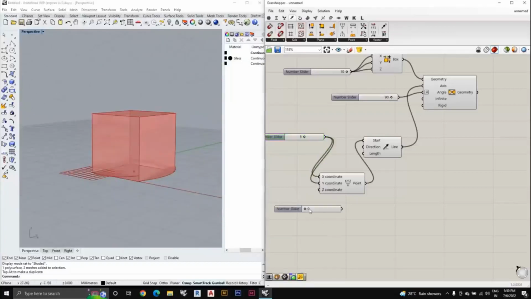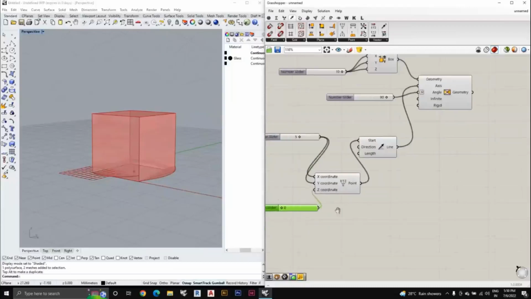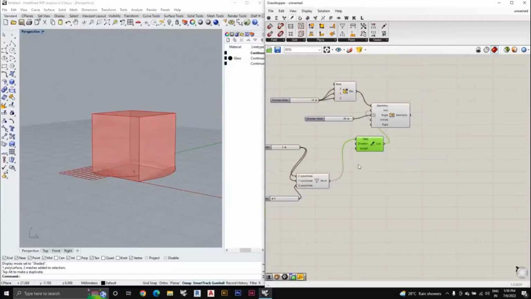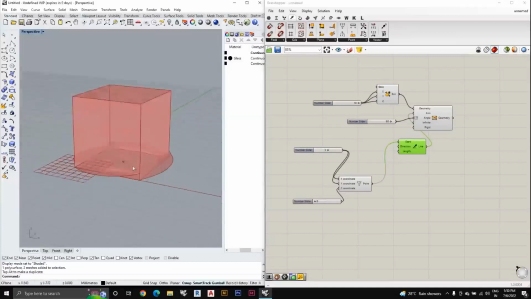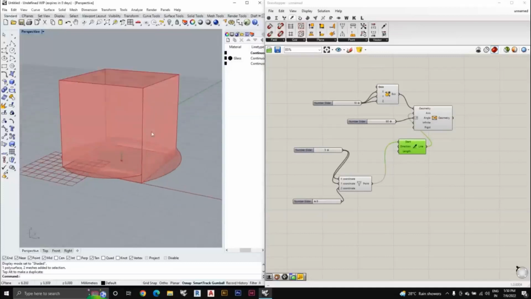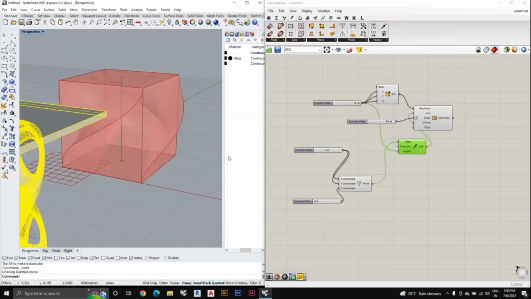And I can give a point 0 for the Z. If it is not given also, there is no effect. I'm just adding it so that I can teach you guys. Next is the length. The line's length is nothing but the length of the table. So for that, I'll just add the slider's length, or you can basically give